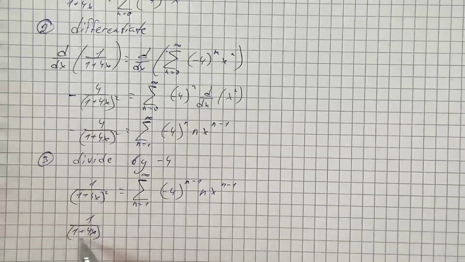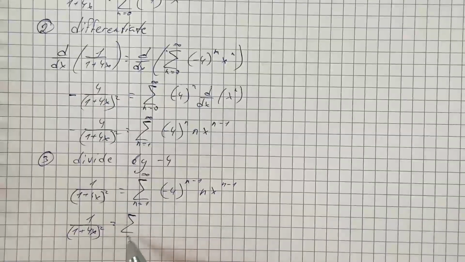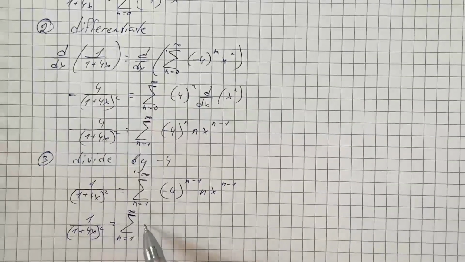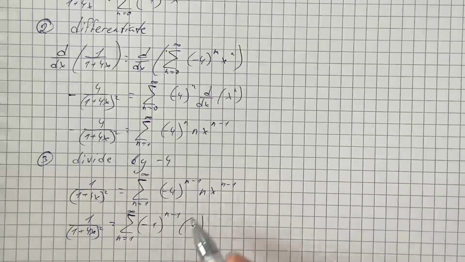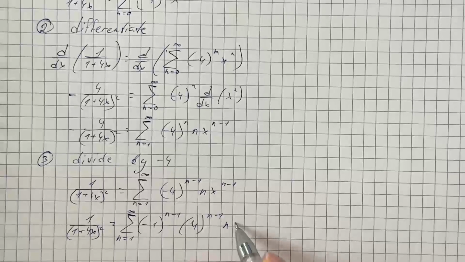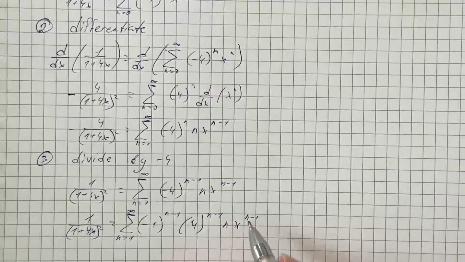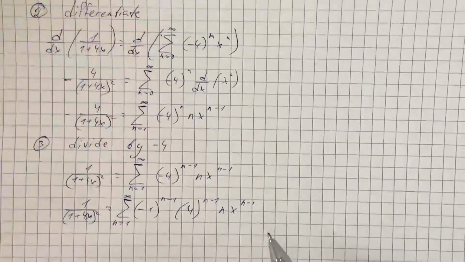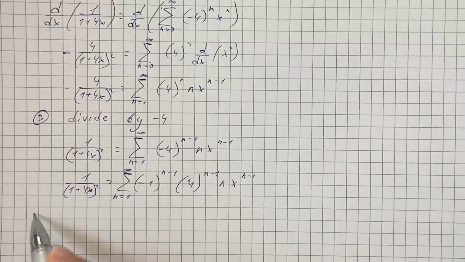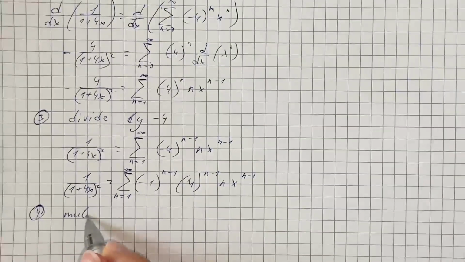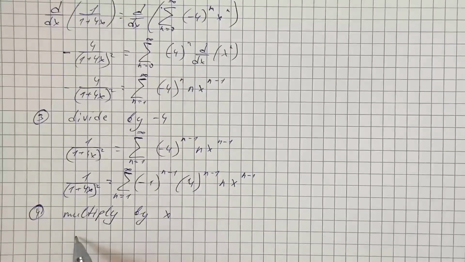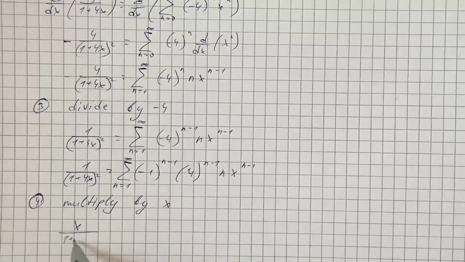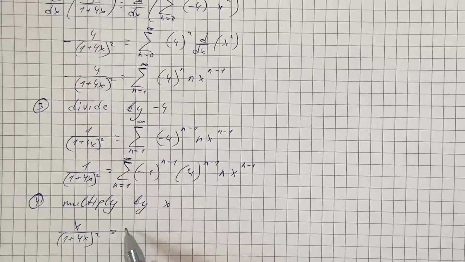And we can rewrite this to have the sum from 1 to infinity of negative 1 to the power of n minus 1 times 4 to the power of n minus 1 times n times x to the power of n minus 1. And the last step to get our function on the left side is to multiply by x. So we get x over 1 plus 4x squared on the left side, which is our function, and